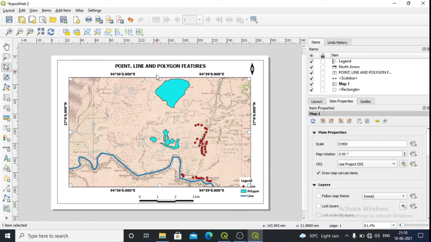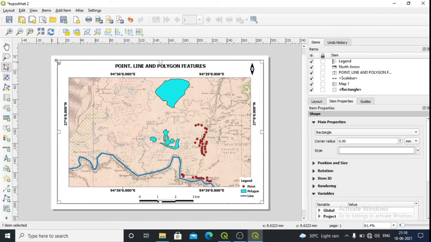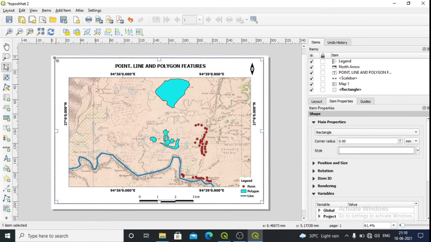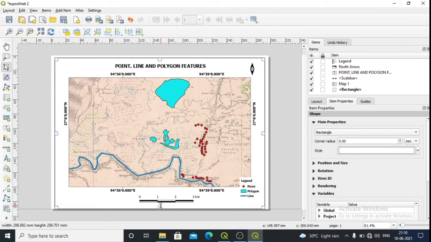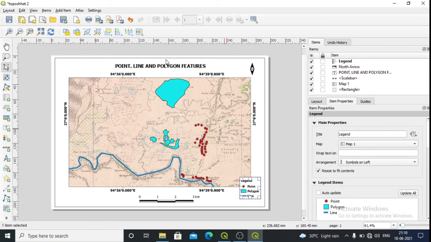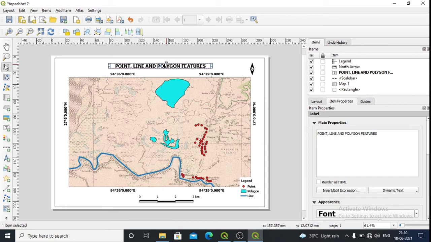Now let us do one thing. Since we have less space over here, we'll just broaden this border, this side also. Then let me move this one a little bit upward.